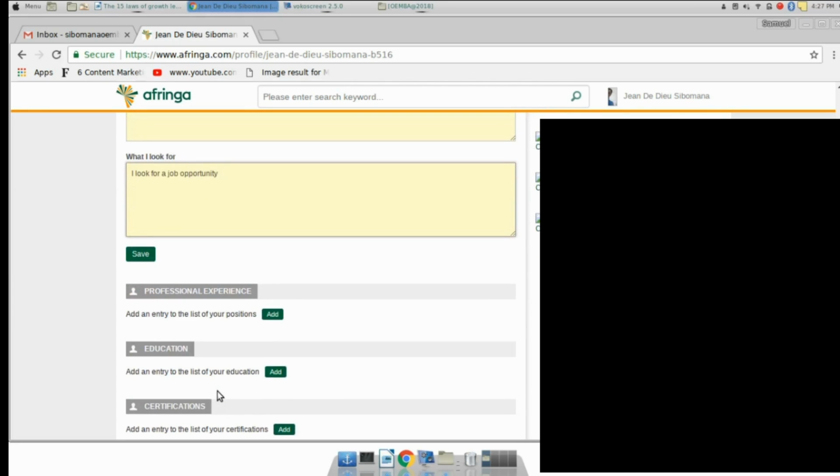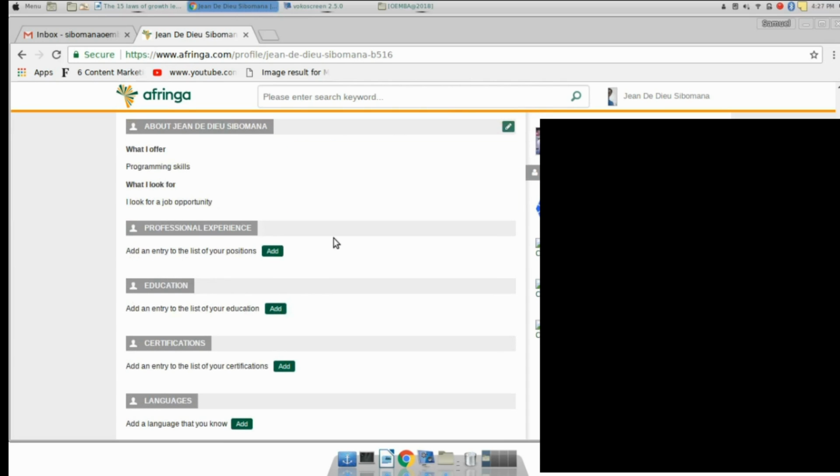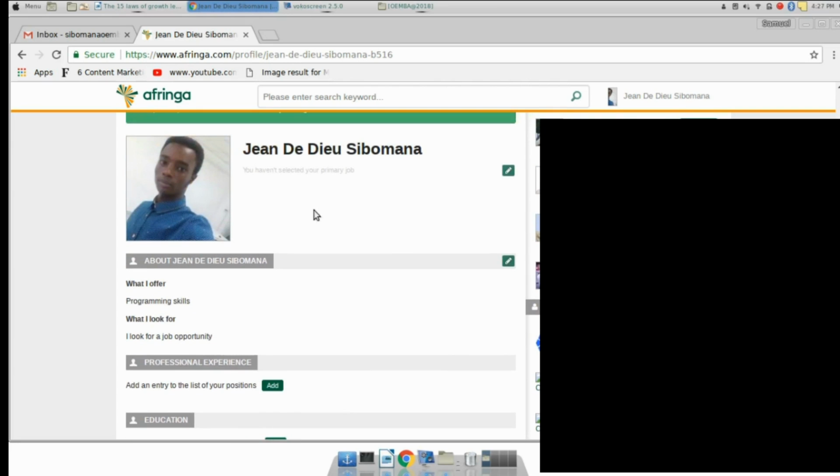And once you are done, please save the information you have inputted by clicking the Save button. Glad, now everyone is able to know more information about you. Please note that all the sections indicated with a star, like this one,